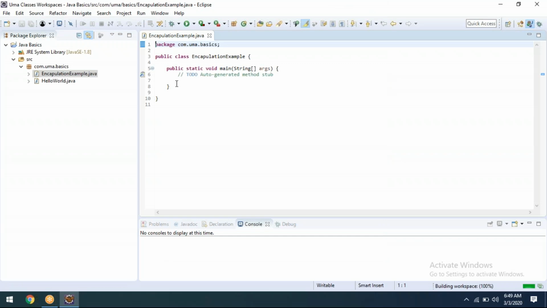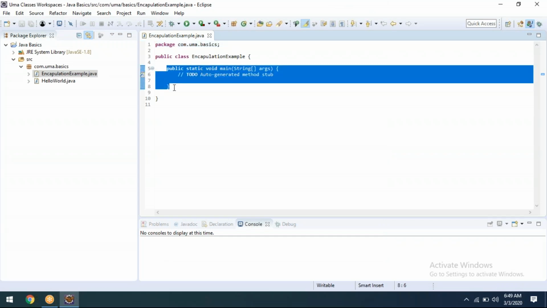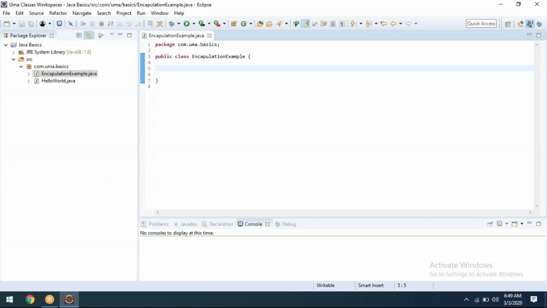Or else, if I remove the main method, sometimes they are POJO classes, Java POJO classes, plain old Java objects.